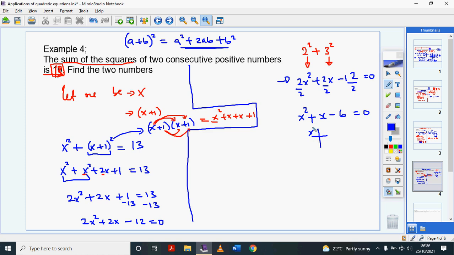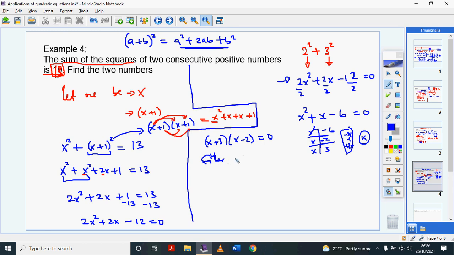And then, alright, so then you go here and say this is x squared, this is negative 6. This will be x and x, and this will be positive 2, and this will be, sorry, it will be negative 2 and 3, because I want them to add up to give me x, right? This will be negative 2x plus 3x. So you know your factors are x plus 3 and x minus 2 is equal to 0, which means that